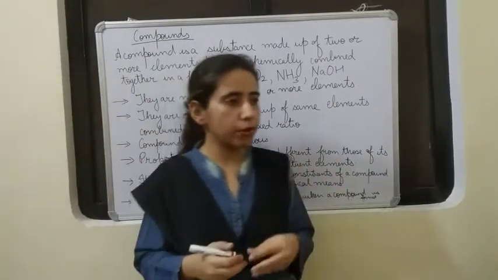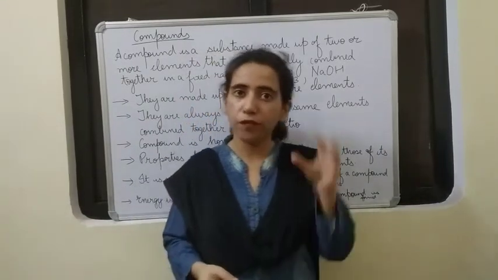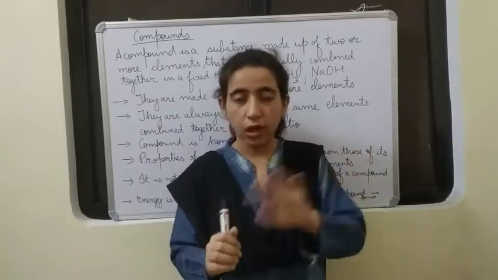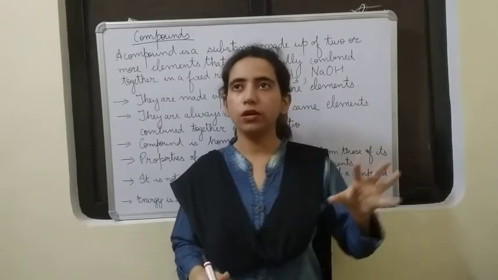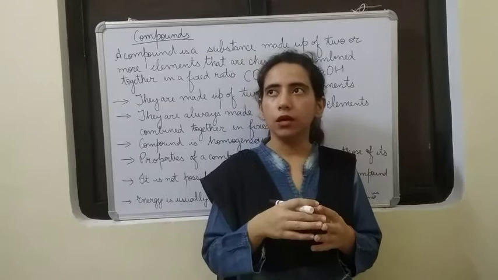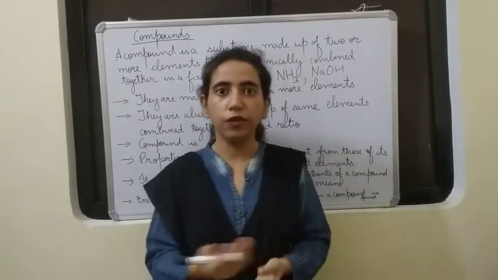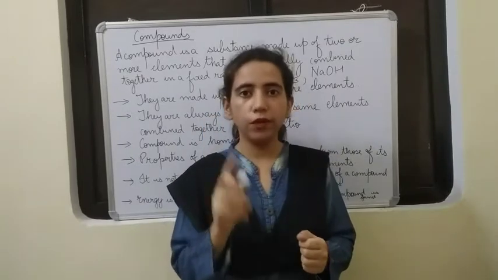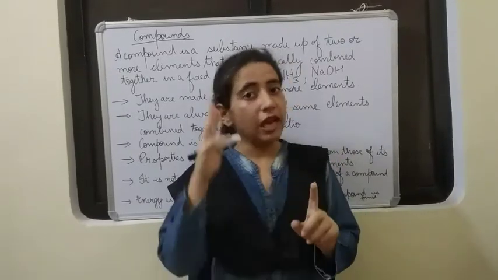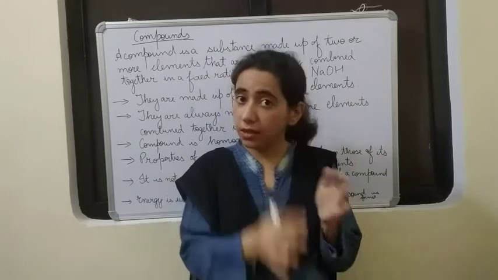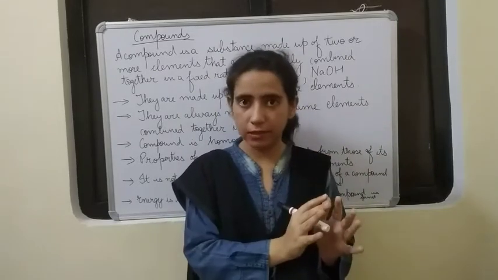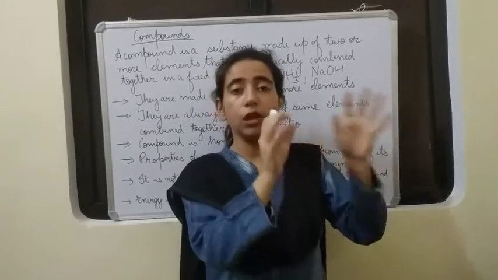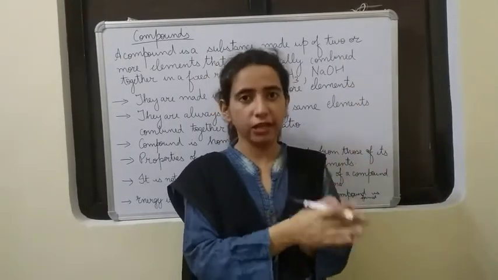One more example we can consider, like ammonia. Whenever we are forming ammonia, we have to take nitrogen and hydrogen. We cannot take any other thing. Don't think that, suppose in Sri Lanka, if you are making ammonia, we will take 2 nitrogen and 3 hydrogen. No. Whenever we form ammonia, we will take 1 atom of nitrogen and 3 atoms of hydrogen. This ratio is fixed, it is consistent. They will chemically combine nitrogen and hydrogen to form ammonia, that is NH3.